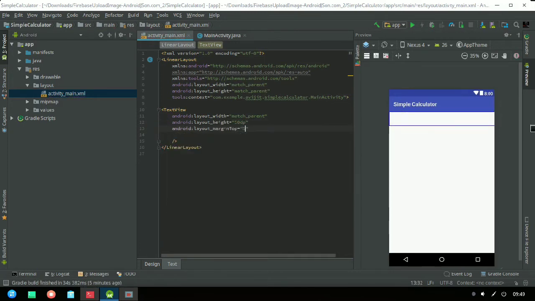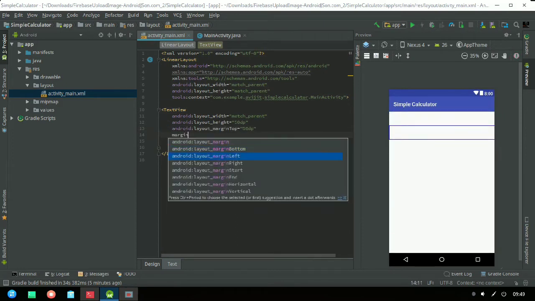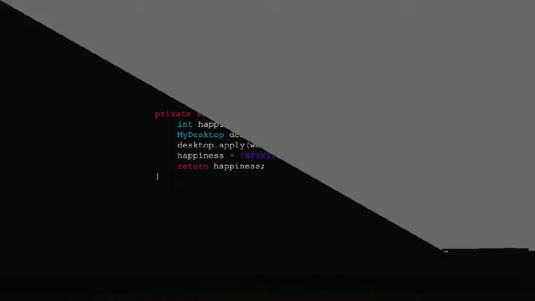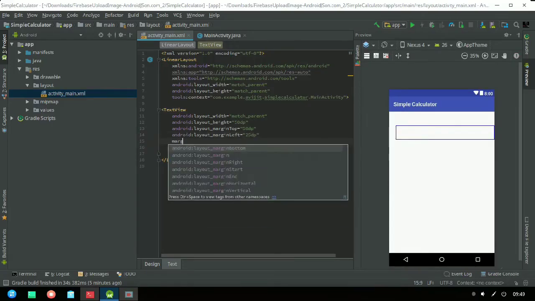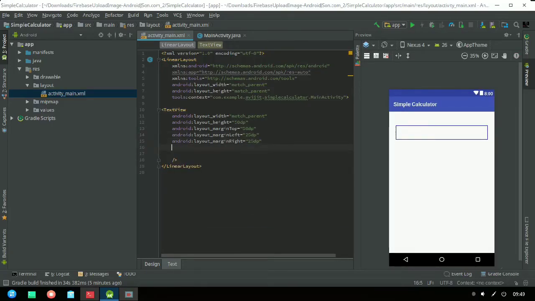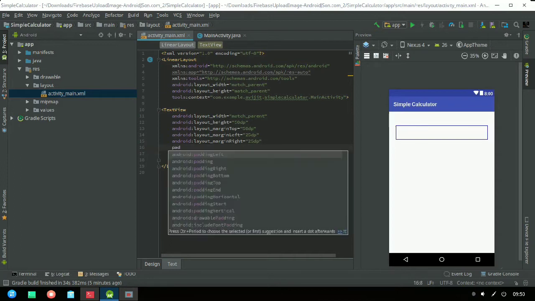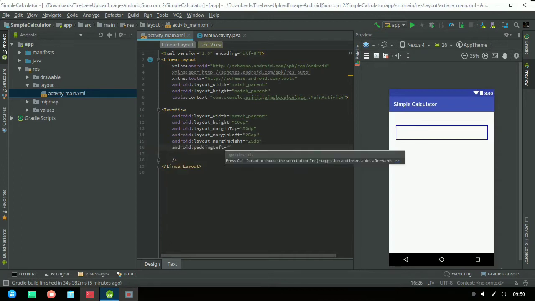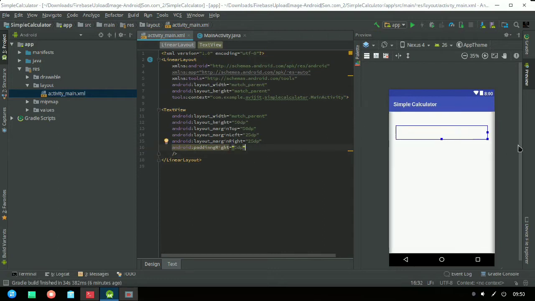And now I have to declare the layout margin top, that is 50 dp, and obviously the layout margin left and right as 25 dp both. Okay, so now I have to declare the padding, padding right, that is 5 dp. Okay, so now